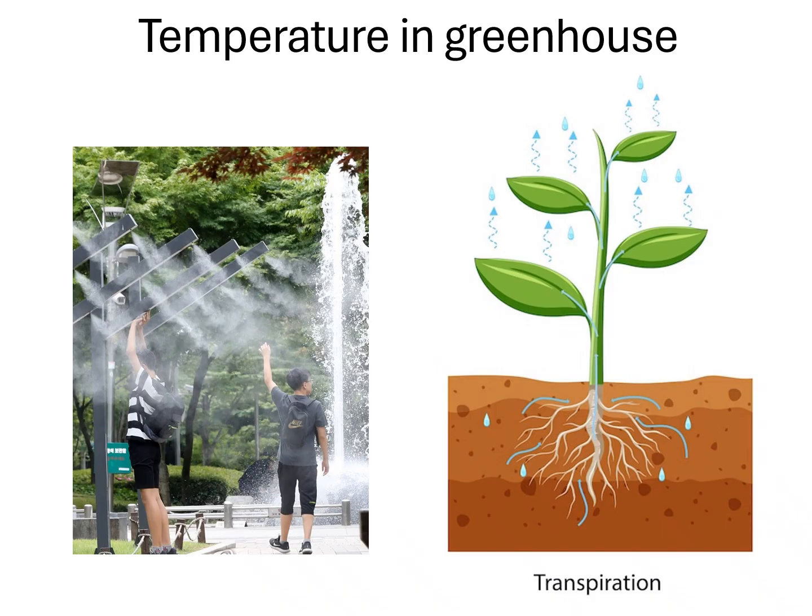Things that affect temperature in the greenhouse, this is not always obvious, but plants actually have a huge impact on the temperature in the greenhouse. On the left here, I've got a cooling station. I don't know if you've ever been to Wonderland where they've got those high pressure fog things to cool you on a hot day. So high pressure fog is something that people can use in the greenhouse. But if you have enough plants and they're large enough, the plants themselves have an evaporative cooling effect in the